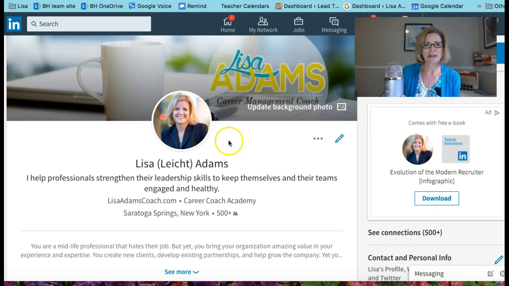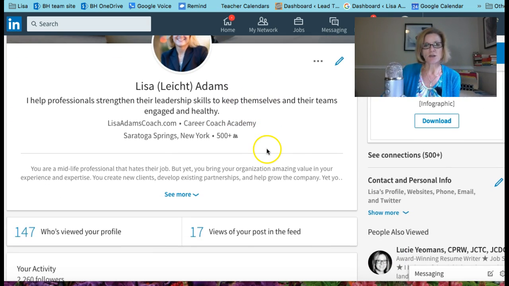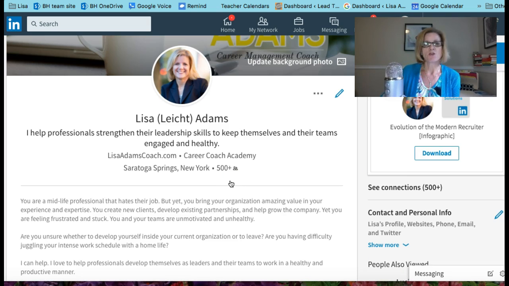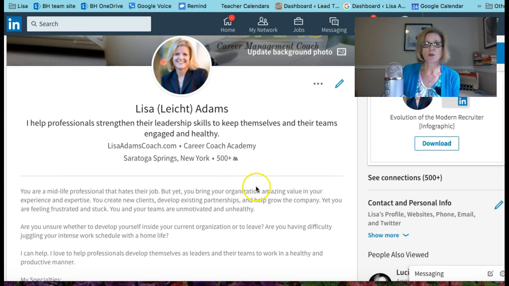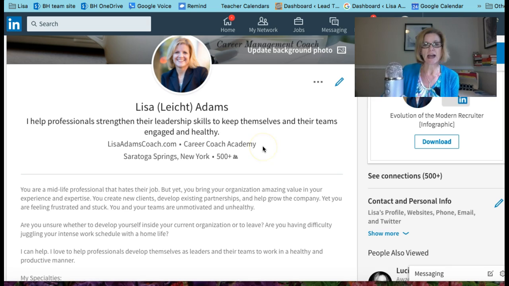Okay, let's see here. Then the next section includes your profile, your headline and your summary. So underneath your photo, there is a headline. Many people will have their job titles there. What I would recommend is that it's 120 characters. And what you want to do is have a branding statement or several terms about yourself, about what value you bring to an organization, maybe what skills you possess, and you could separate those by